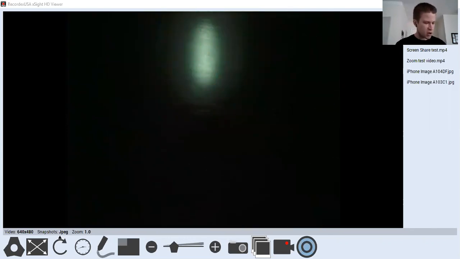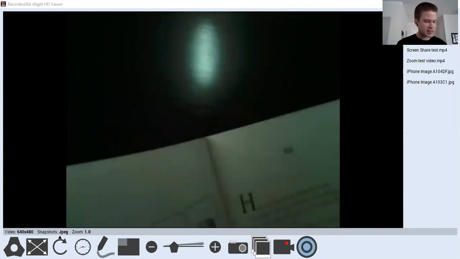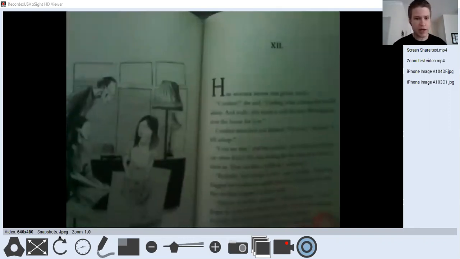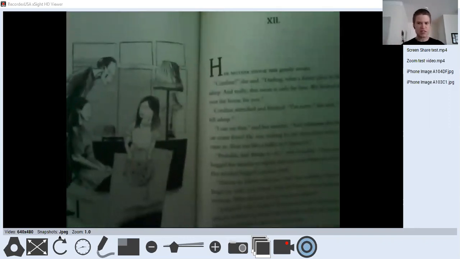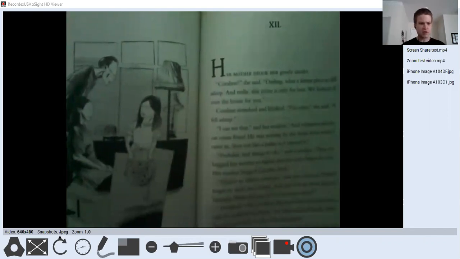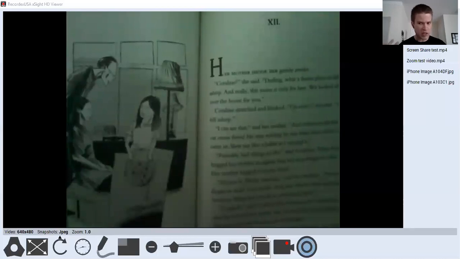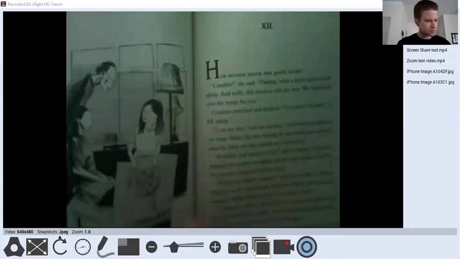So let's jump to where we left off. When we last left our hero, Coraline, she had just escaped this other world. She had escaped the other mother. She slammed the door and then she fell asleep. And so now she's wondering, is she back where she was or is she somewhere else? We're going to have to read and find out. All right, so here we go.